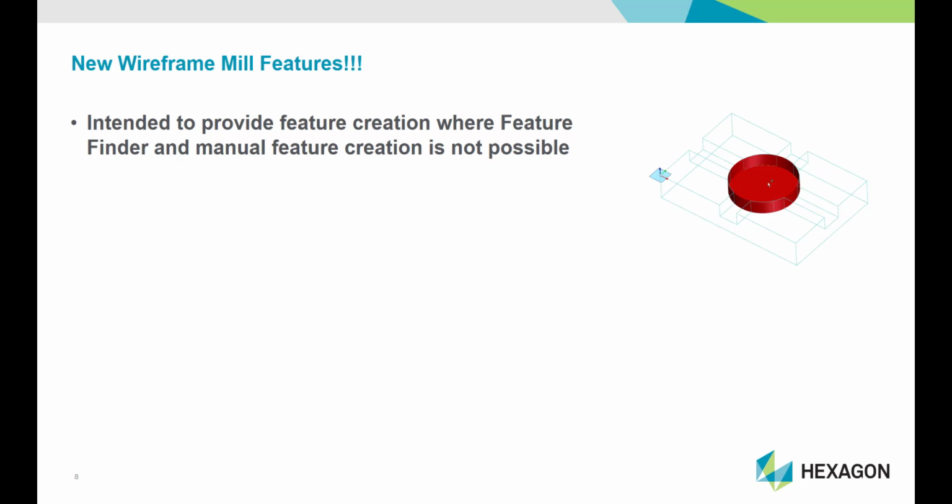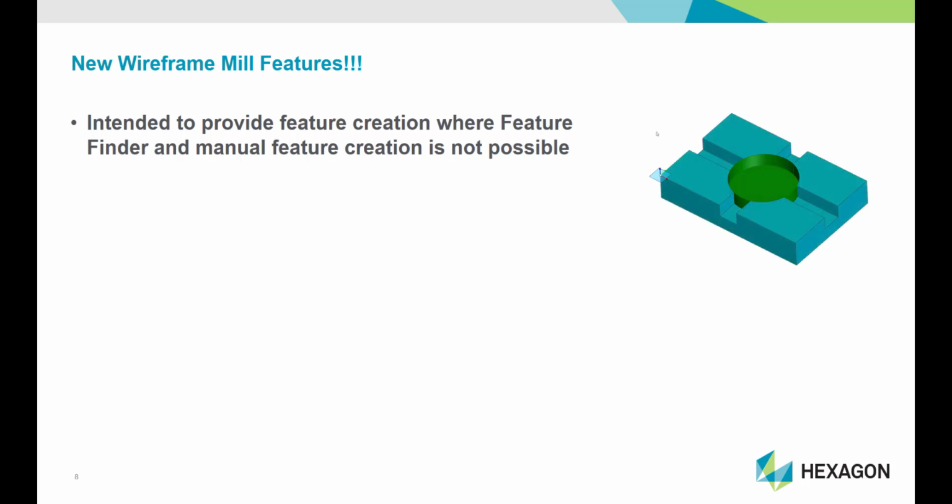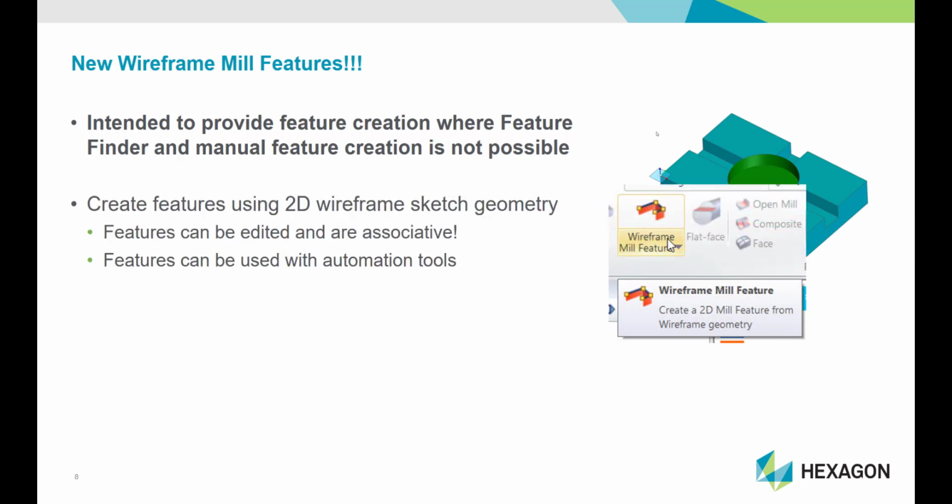How can we do that when the shape has interruptions? Well, we have this wireframe mill feature capability that can do that now, and the result is exactly what you see here, a closed pocket for the circular component within that solid. When you open Edgecam 2018 R2 and go over to the Features tab, there's a new command called Wireframe Mill Feature, and there's a drop-down list shown by the little down triangle, and underneath it,